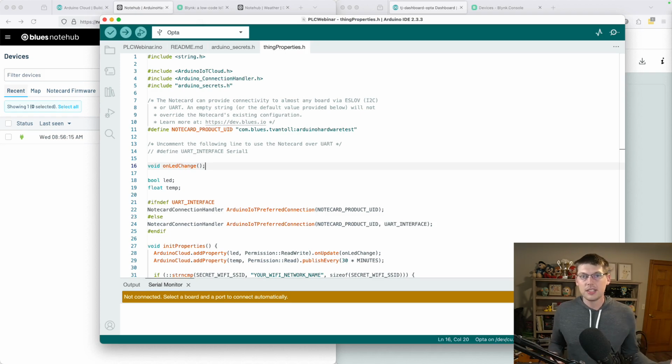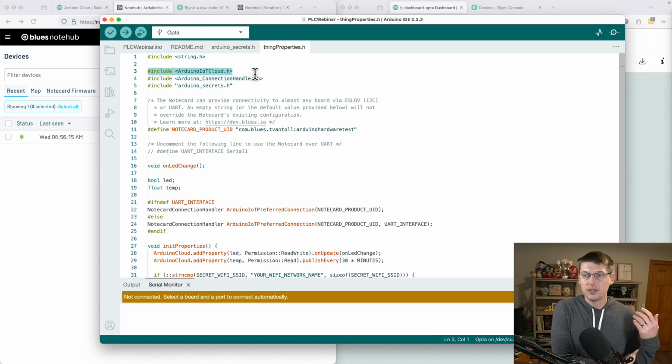On the firmware side, to use this integration, you must use Arduino's IoT Cloud library, which I have imported over here. And we actually worked directly with the Arduino team to add Notecard support directly to this library. What you're seeing here is an example that I pulled directly from the built-in examples that come with this library. The only two things you need to do here is provide your Notehub product UID, which I have here,